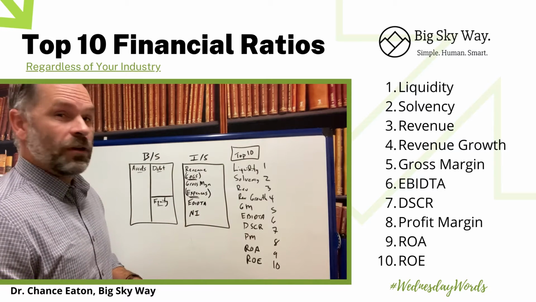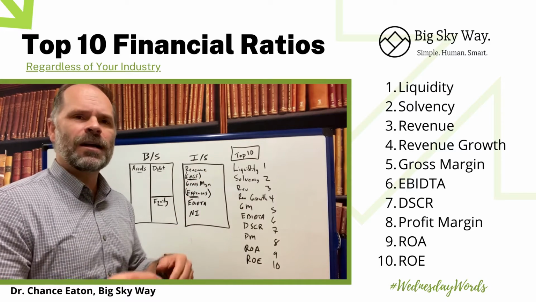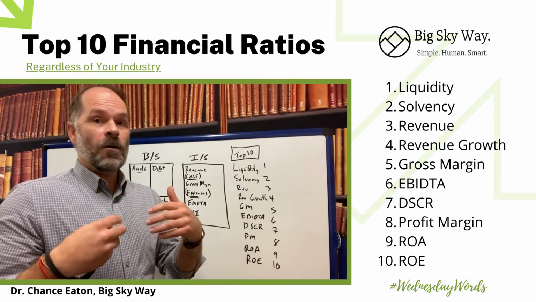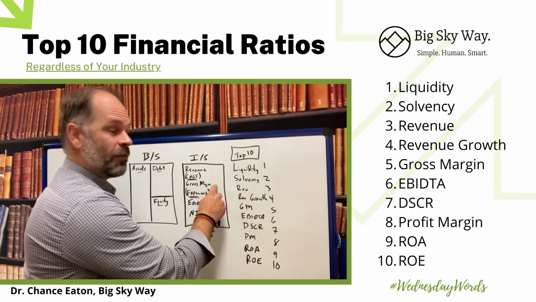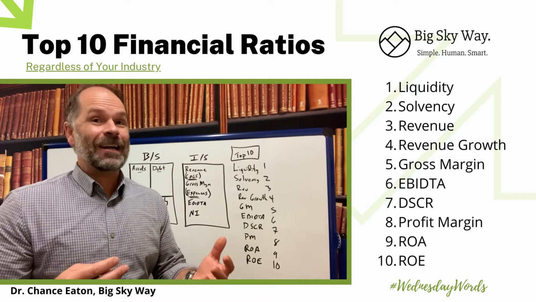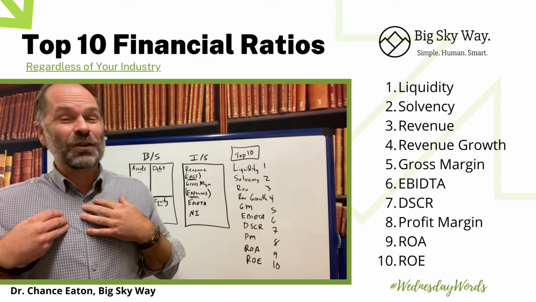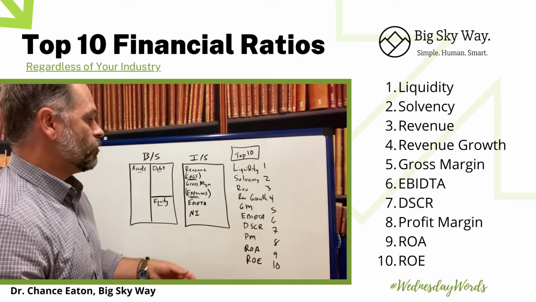Metric number 5, gross margin. So I take my revenues minus my direct costs, my cost of goods sold. That's going to give me my gross profit. I want to know what that gross profit is relative to my revenue, and there's my gross margin. It depends what kind of industry you're in. I'm in the service industry. We'd expect a really high gross margin versus retail or maybe manufacturing.